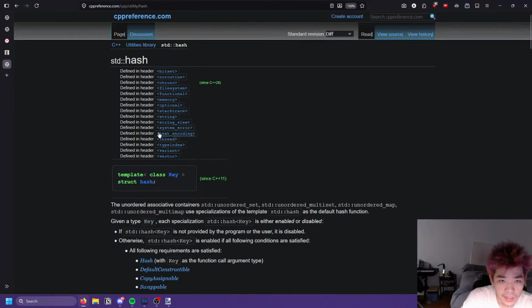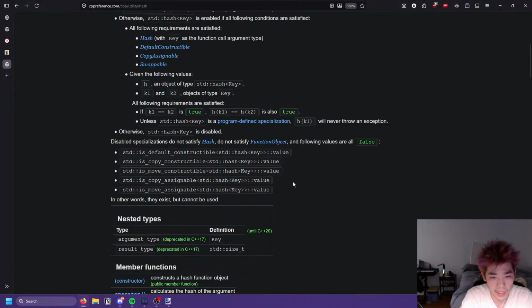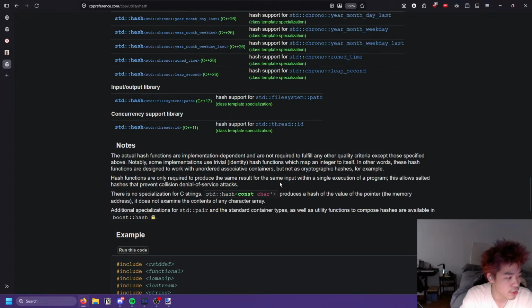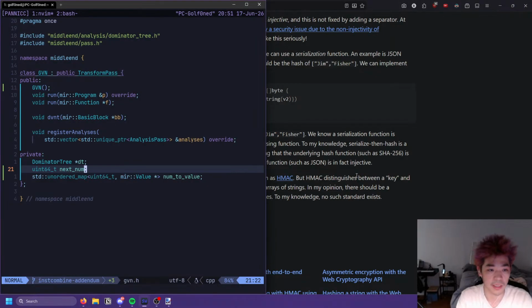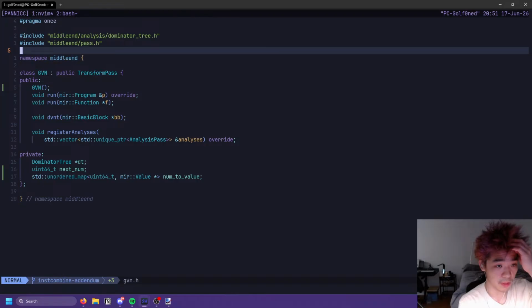So is this even useful for us, std hash, or do we just want to make a thing for it? I think we should just make a type, right? So let's make a thing. And then we'll do